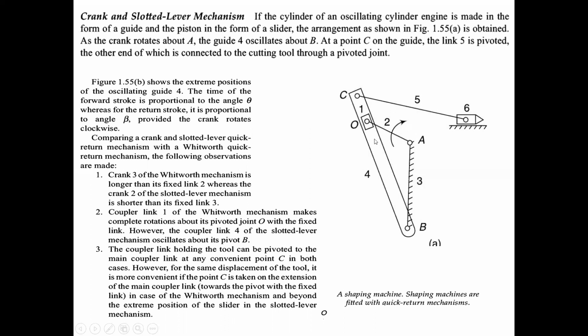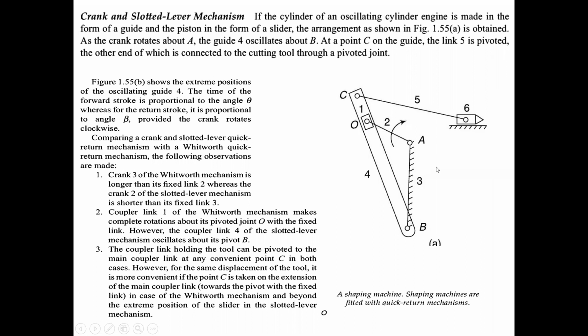Starting with link one, that is the cylinder. One cylinder is there, and that cylinder is inserted into the lever. So this is one lever. One rectangular bar is there, and that bar also has a cylinder inserted. That is acting as link one, and the crank is acting as the second link.